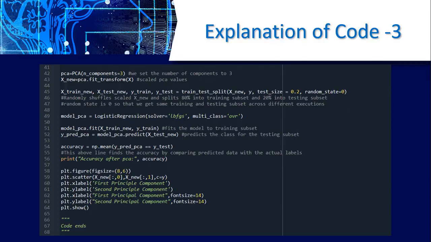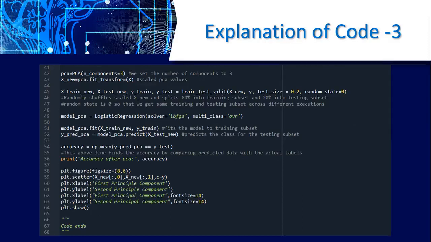In logistic regression, we take the solver as LBFGS and multi-class as OvR. Then we fit the model to the training subset and predict the class for the testing subset. Again, we calculate the accuracy by comparing the predicted data with the actual labels.